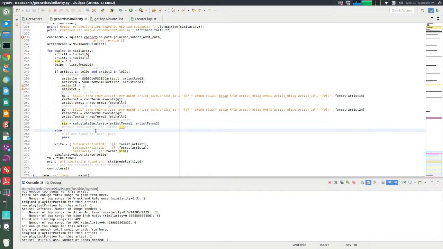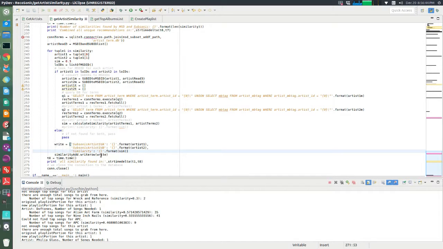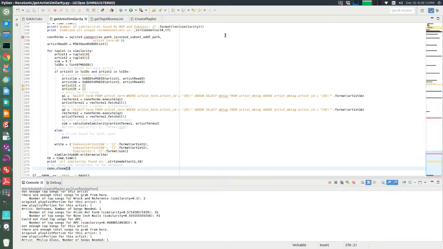Then we throw that into calculate similarity and calculate the similarity between them. Very simply, now we create our write object and append to it. We write a row in the CSV file, and that's it. We close the connection to the database. Alright, so now that we have the artists and the similarities,